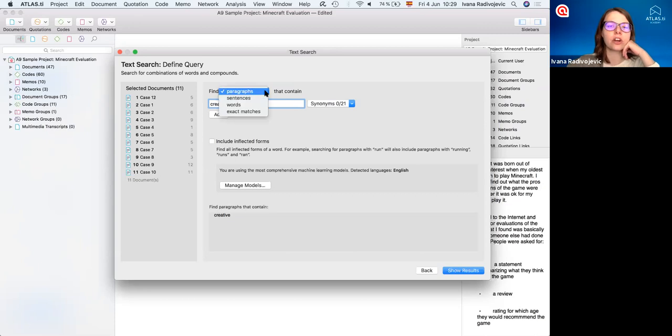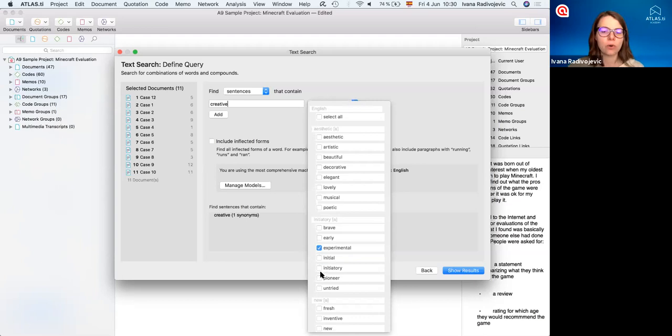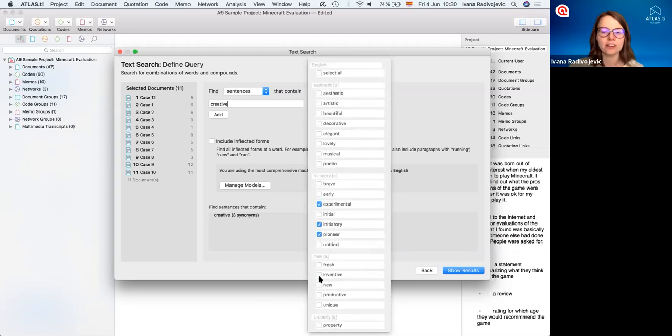So here we can choose the context and tell ATLAS.ti what size quotation we wanted to create. And so I want to search for sentences that contain this word. Now, another great thing is that we can also add any synonyms. I'm interested in when they're talking about creativity, but it's not this word in particular. I'm interested in this notion of creativity. So maybe also I'd like to see if they're talking about being experimental or initiatory and pioneer, inventive. And so you can add as many synonyms as you'd like here, and that way we can also expand the